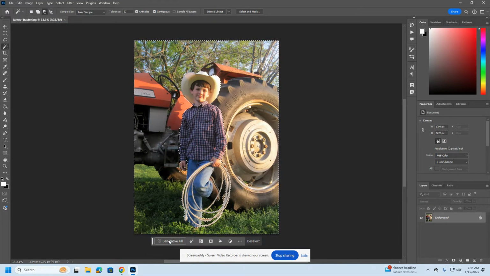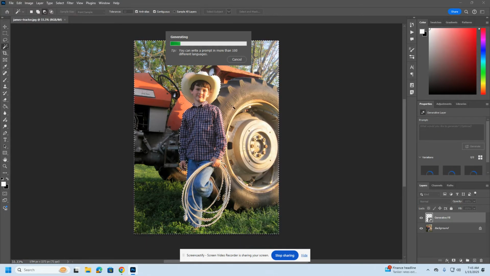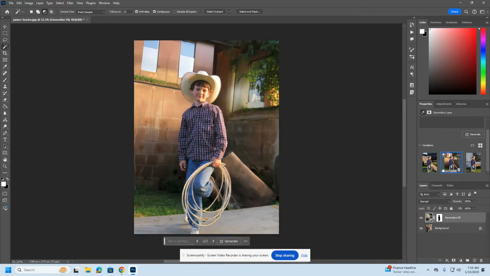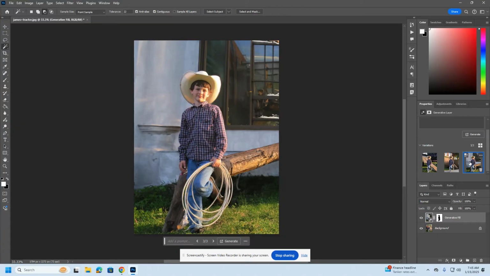Now here's the fun part, the Generative Fill part. If we click Generative Fill, this is where it wants us to put in a prompt. But let's see what the computer recognizes this situation as. Just click Generate with nothing in that box, and it's going to take a second, and over here you're going to see it coming up with 3 different backgrounds for you. It's trying to guess what you want. We've got some kind of weird board and stuff in the background. This one doesn't really seem to match the picture. This one's okay. It's kind of leaning on a piece of wood, and it's not bad, but let's give it